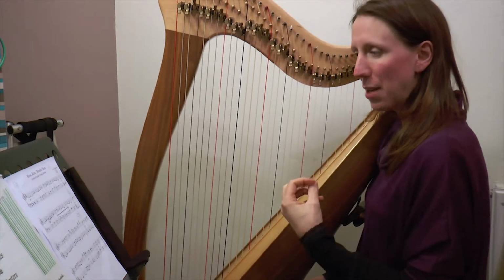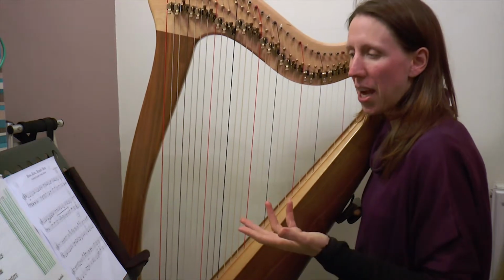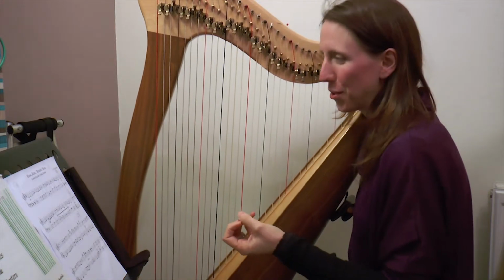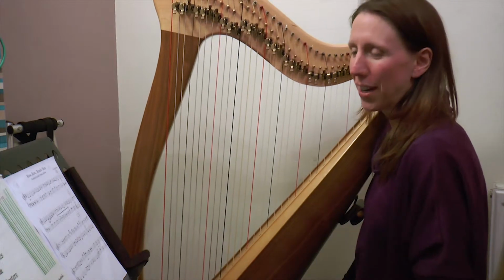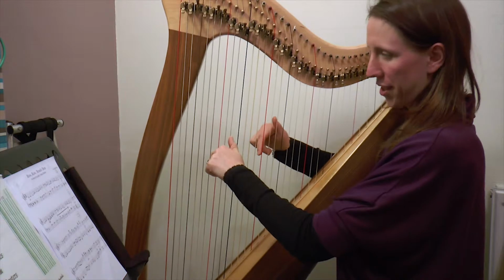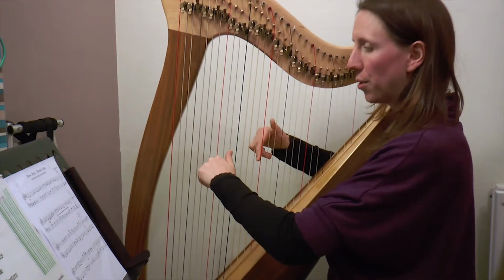So on to today, we're on to the next 8 bars. It's our second reiteration of the tune. This piece takes the form of variations, so don't be fooled by the rondo name in this piece, it's just harking back to the original. So here we go with today's. I'll play it through for us first. 1 and 2 and